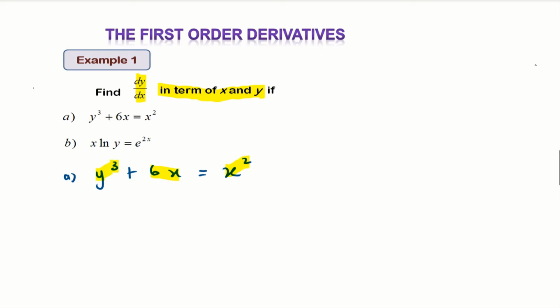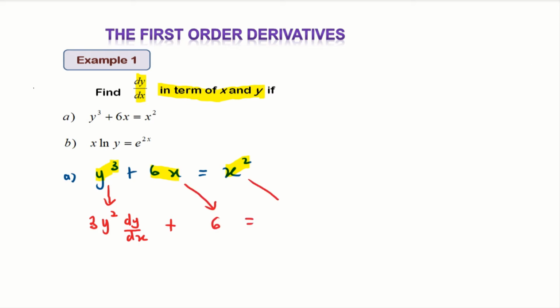So for this case, we are going to apply some rule, since we have plus in the middle between y cube and 6x. Okay, so the first one, we differentiate y cube. To differentiate y cube, we get 3y square, and then we must put dy dx at the back of 3y square. So then this is differentiate y cube, 3y square dy dx, plus, and then we differentiate 6x, we get 6,